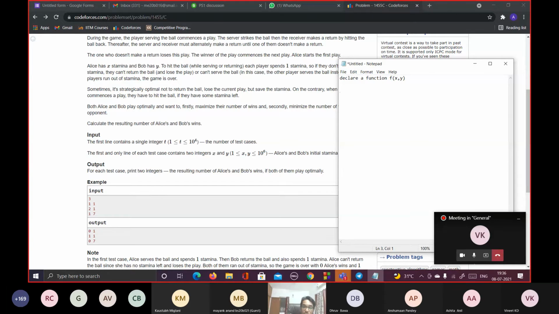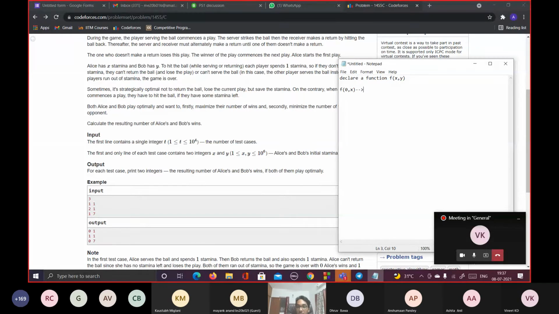The staminas keep changing during the course of play, and this function will represent it at any point in time. So naturally, let's check a boundary condition. Say one person's stamina is 0 and the other person's stamina is X. What happens here is, in the end, the person who has the X stamina will keep serving, and the other person simply can't return it because he has no stamina.